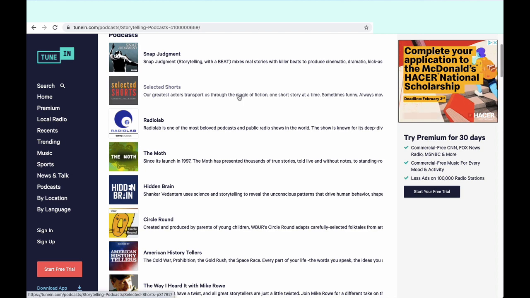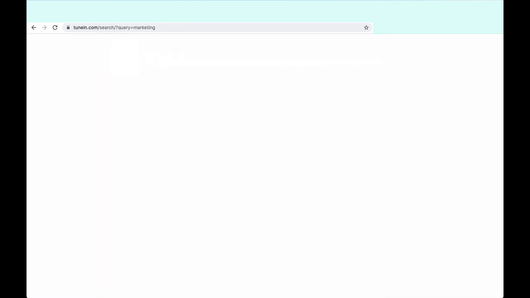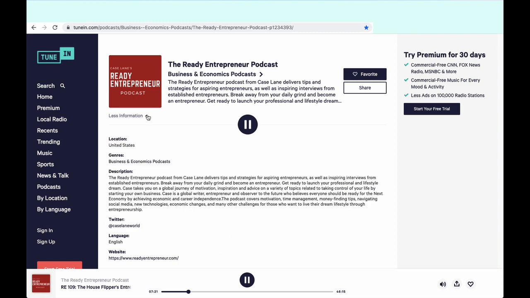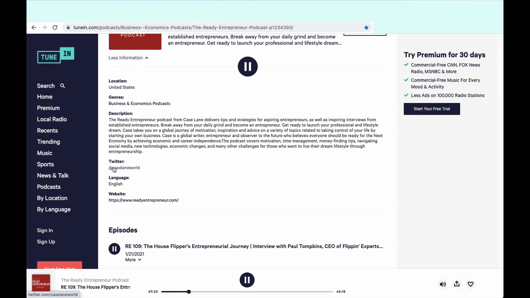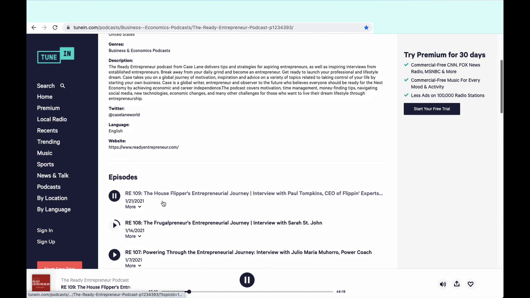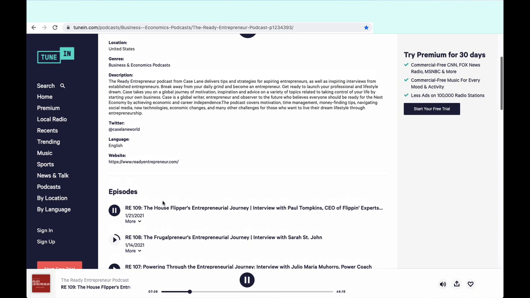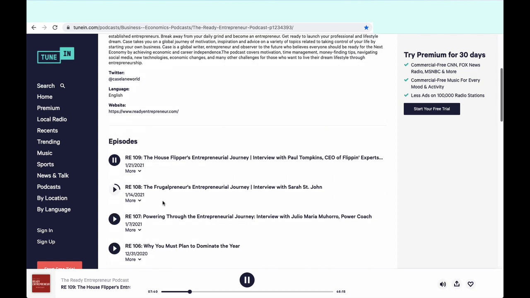So TuneIn is not that great for information right up front, but when it comes to the episode information, again, you have a lot of arrows to click, but TuneIn includes things like social links. It includes the website link. By the way, not every podcast is going to provide the website or the email or access to the RSS. So the directories will actually display it only if they've got it.